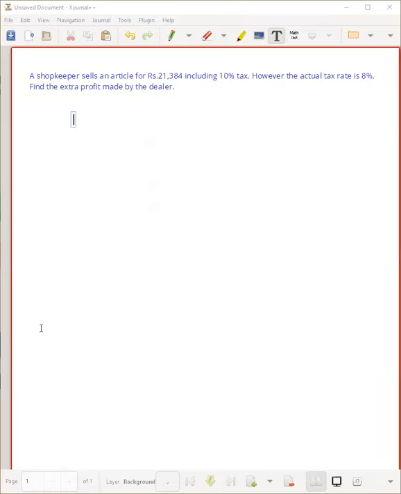No, Sia, that's not correct. It won't be so much of a difference, isn't it? If you see, the difference between the tax rate is only 2%. So even if we take 21,000, or even if you take 20,000 as an average price, 2% of 20,000 cannot be 7,000 something, right? They're asking you the extra profit which is made. So the extra profit made is only 2%. 2% of even 20,000 is only 400 rupees. So it'll be somewhere near that amount. No, Krishna, that's not the correct answer.